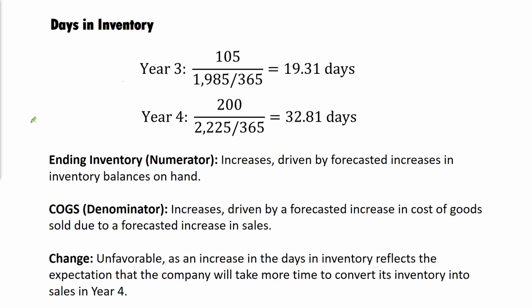And again, let's walk through the components. Here, the numerator is ending inventory, which I'll abbreviate as EI. And the denominator is, well, there's a couple different ways to say it. The way I prefer to say it is this is cost of goods sold per day, right? Because we're dividing it by 365. And the reason that's relevant is it provides the turnover basically and expresses it in number of days versus the number of times per year they turn over their inventory.